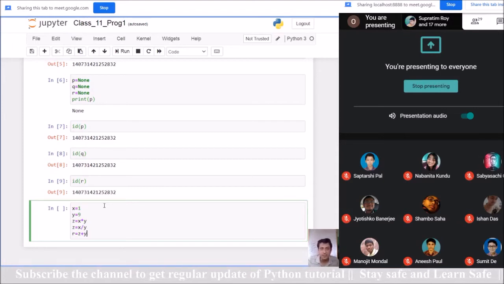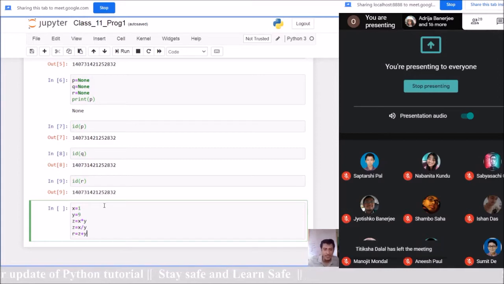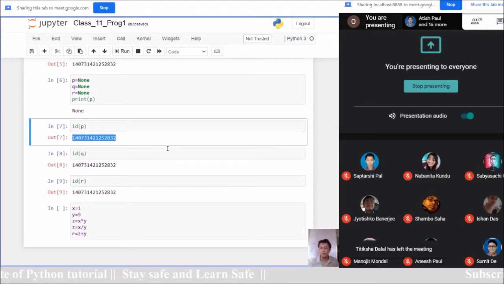In Python, None also works like that. Is it clear? Because if you assign any variable with None, that means the variable is mapping to a memory location which is basically the absence of value or condition. No condition is in that memory location. In this memory location, no condition, no value.